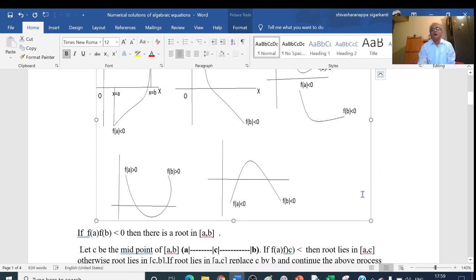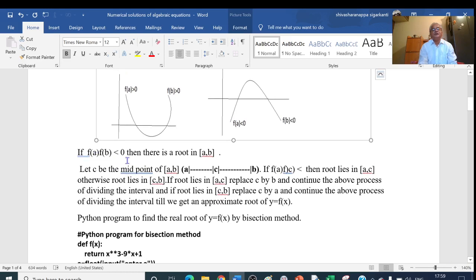So by the bisection method, what we do here is, suppose AB contains a root, then we divide this interval into two parts. We take this point as, say, C. Then the root lies in the interval AC or in CB. Suppose the root lies in AC, then we take this as the fresh interval. Again we divide this into two parts. Suppose the root lies in CB, then we consider this interval as the fresh interval. Again, we divide this interval into two parts. Every time we are going to bisect the interval where the root lies.